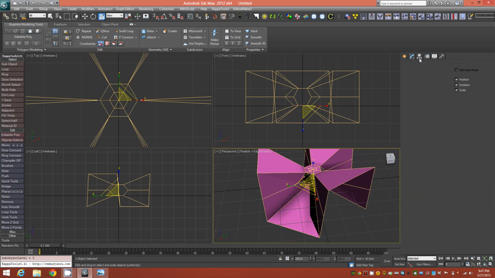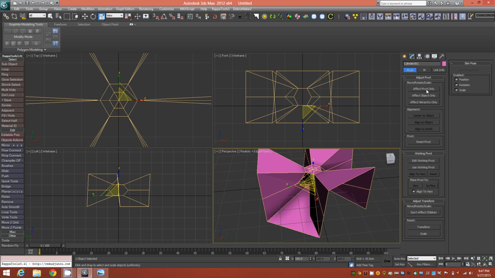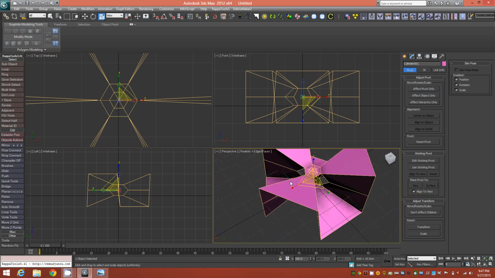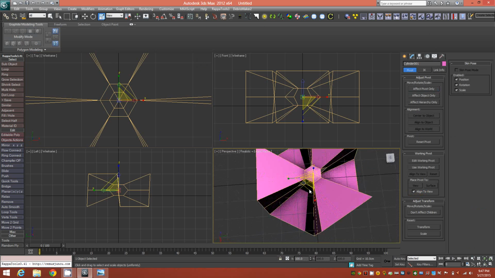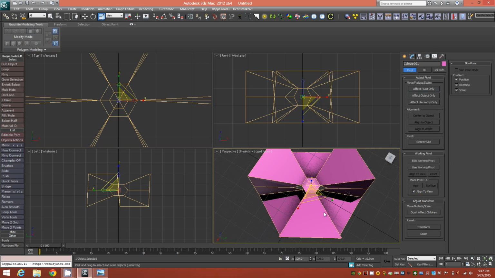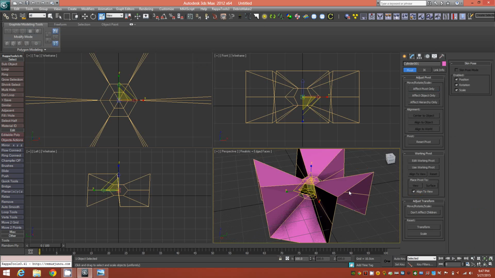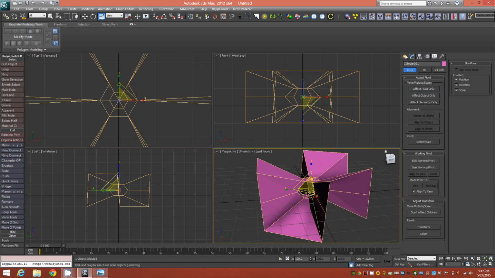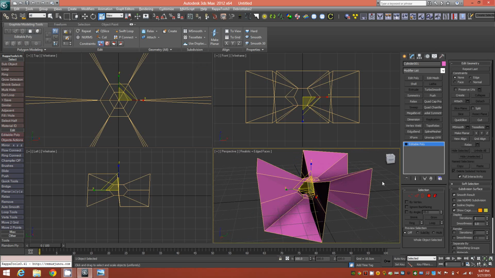The next step will be to go ahead and choose affect pivot only in your hierarchy tab and center to object. You want to make sure that your pivot point from this point forward is centered, because that will be very significant for the following steps in the procedure. Okay, so now that your pivot point is centered,